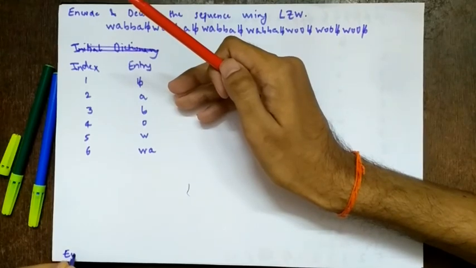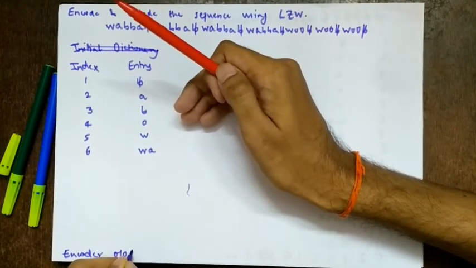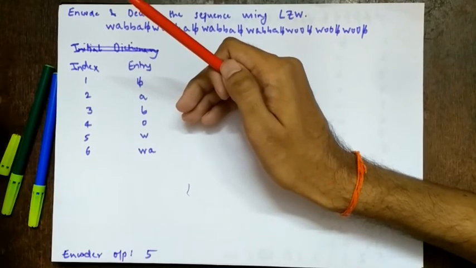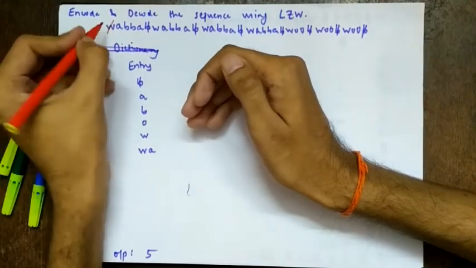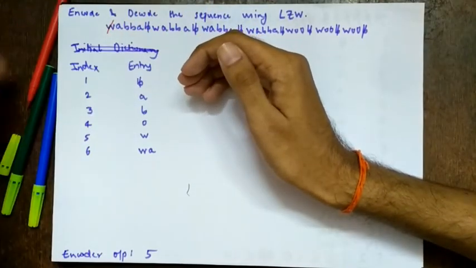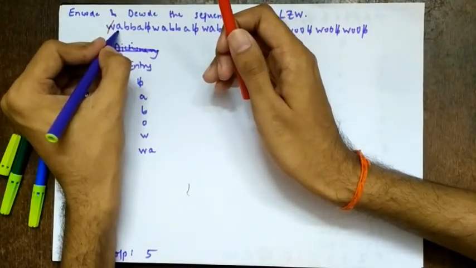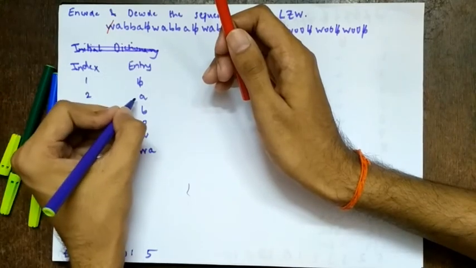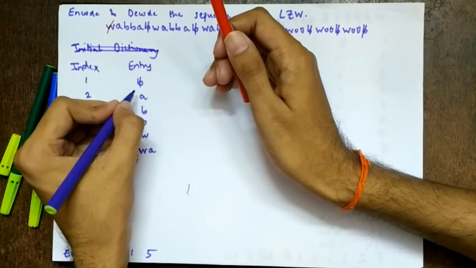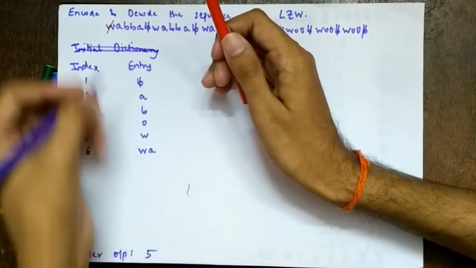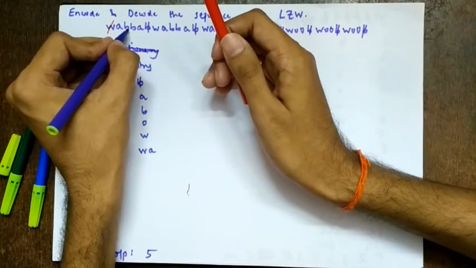So I write here the encoder output. The first thing which I encode is 5. Since we have already encoded 5, I'll scratch it. You can also use this in the exam so that you are not confused. Next, what have we encoded? W. So we start with A now. A is again in the dictionary, right? What is A corresponding to? Index 2. Since A is in the dictionary, we will not make a duplicate entry, obviously. It will lead to expansion instead of compression.